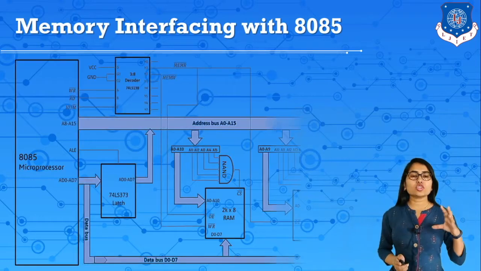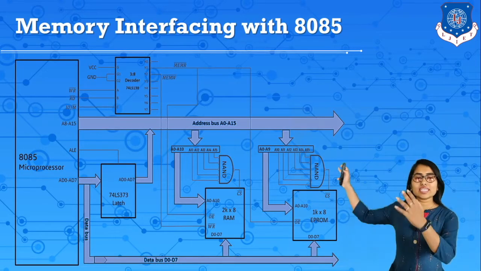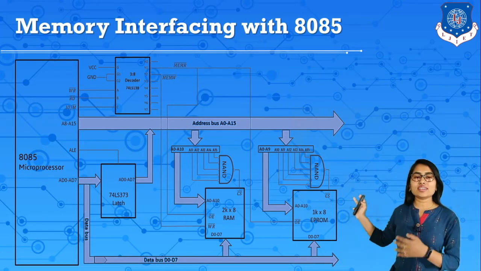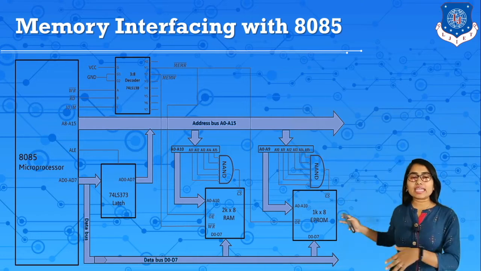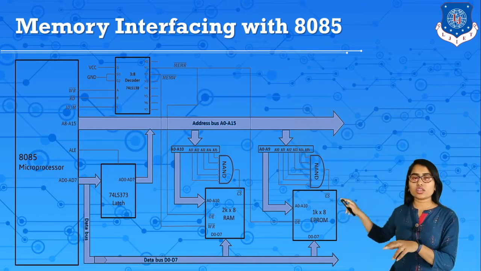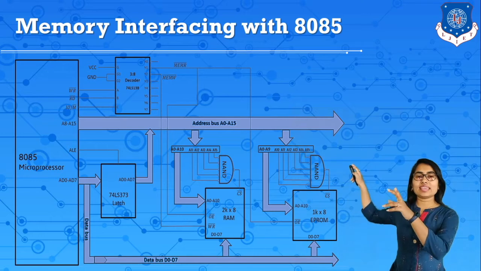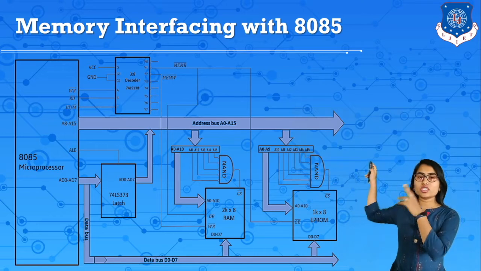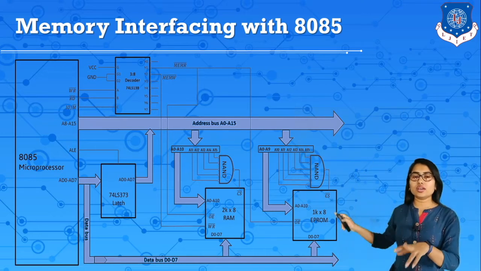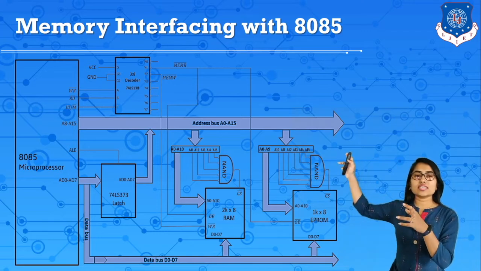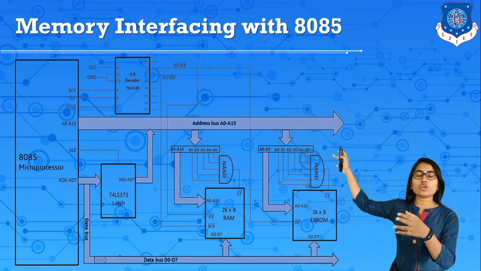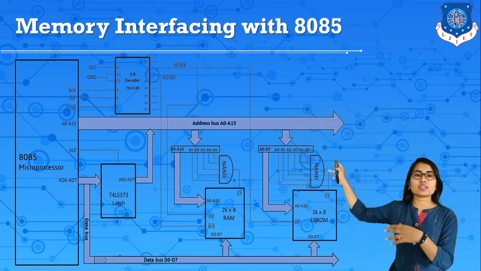Then we can design an interface with the 8085. Here there is a latch. This latch is used to demultiplex data and address. Here A0 to A7 and then A8 to A15, so the address bus is A0 to A15 and the data bus is D0 to D7. The control signals are generated as we transfer data in memory. Memory read and memory write are generated through these decoder circuits.